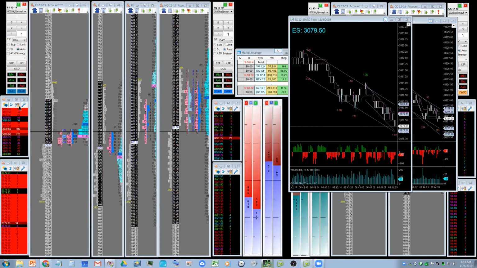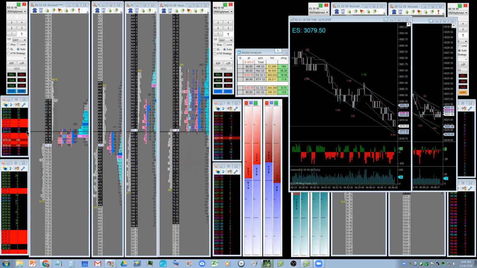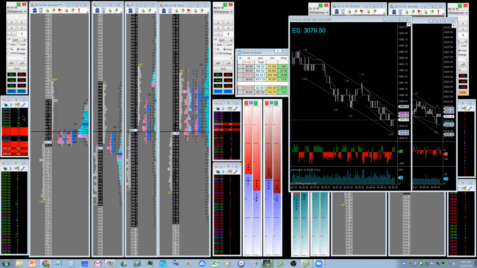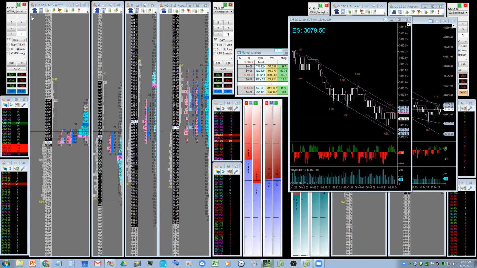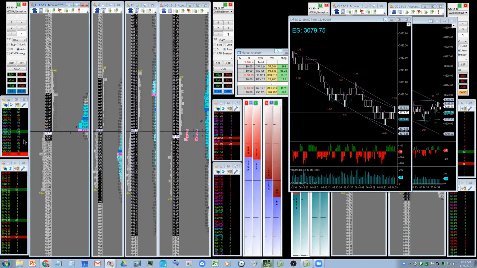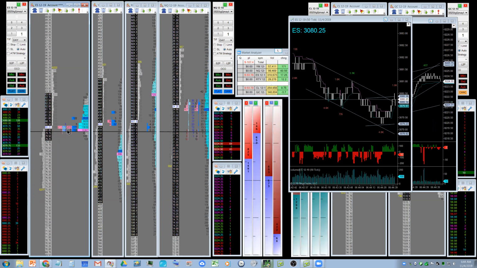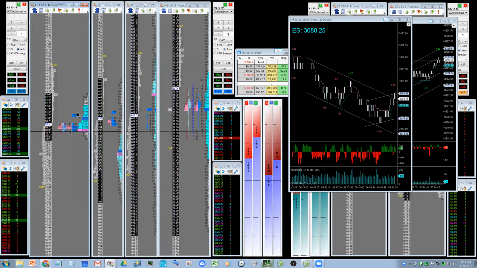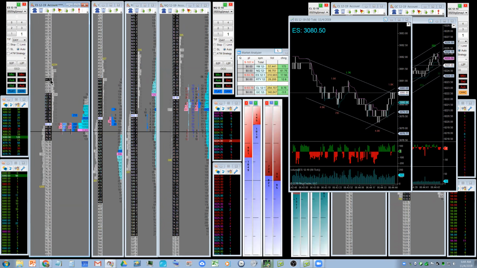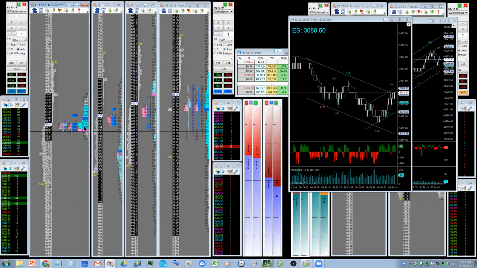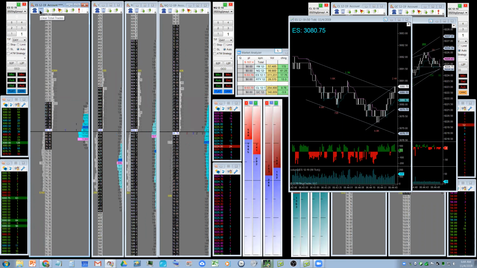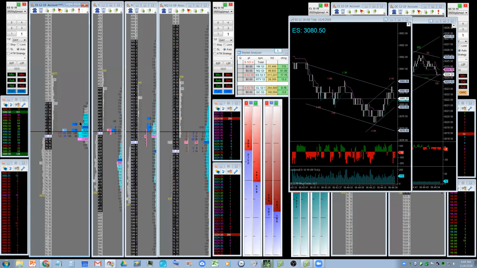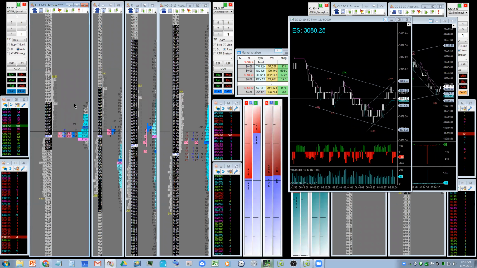Now this means we're testing the low of the session. That's why it's all getting red. But my bias there is going to be to see the buyers coming back in. I wouldn't necessarily get long here because there's not a lot of energy, but I do want to see the buyers come in there if we have any hope of it breaking out and getting a trade up here. And if they just come in at the very low and then they stop buying as we approach the middle, that's the kind of Jeff idea. And then the Lee idea is later in the day going the other way, and those both work.